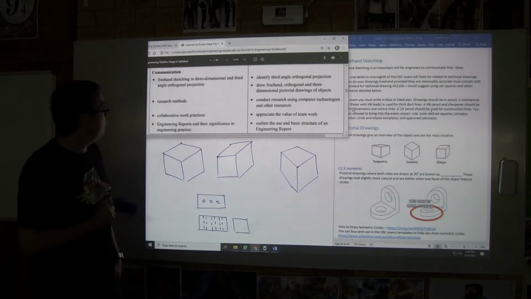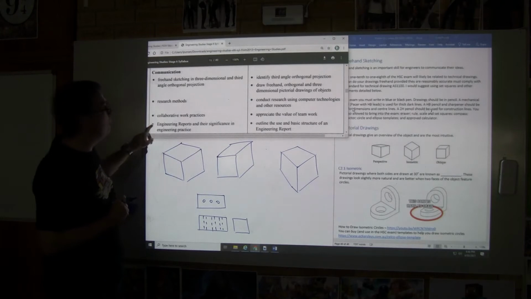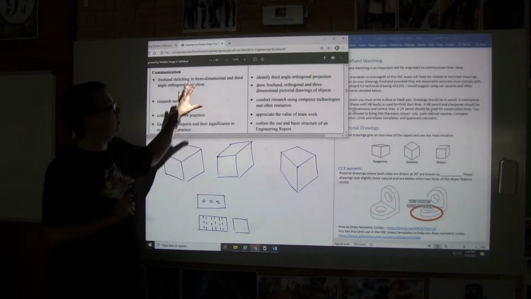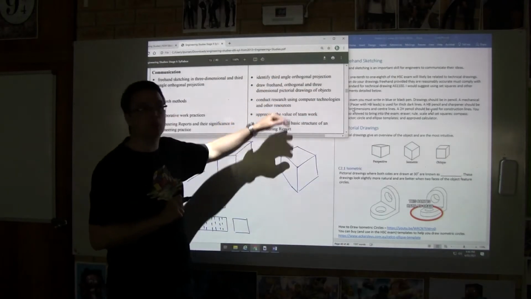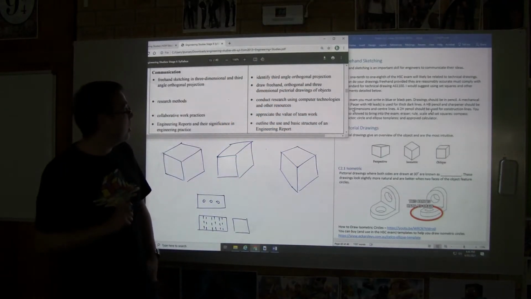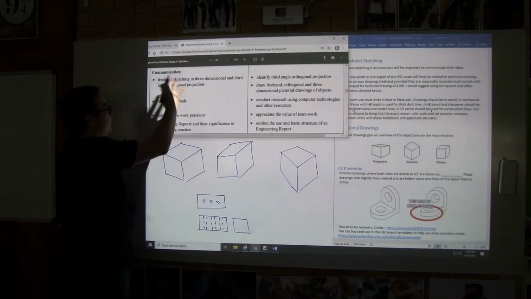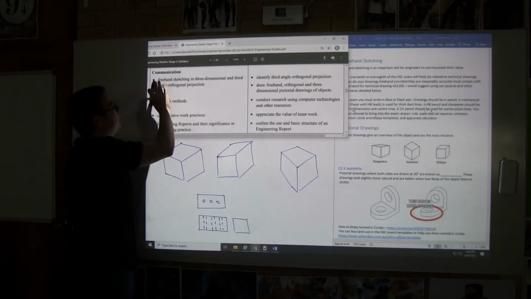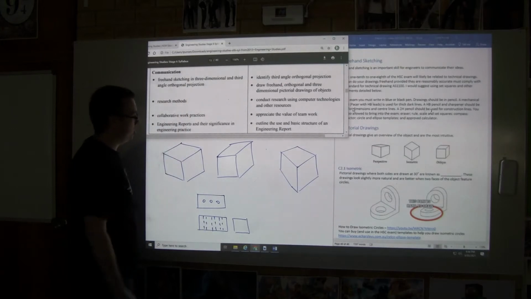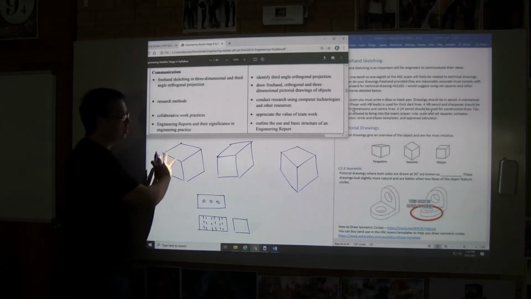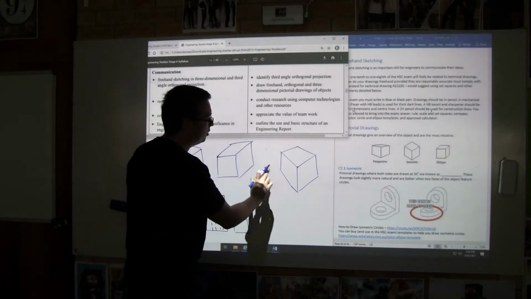Now, for communication, there's 4 main areas, and these are things you have to learn about and things that you're going to learn to do. These are the things we're going to assess that you can do. Now, the first, there's 4 general areas. So it says here, freehand sketching in 3-dimensional and third angle projection. So these different drawings, they're 3 different ways of showing a shape